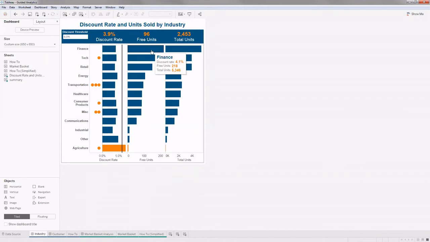But in other industries, even though the discount rate is lower, since the number of units is higher, this accounts for a bigger drop in revenue. To incorporate that analysis as well, here is what we did. If you can see these points here, though this particular tech industry has not reached the threshold that we have given at the overall level,